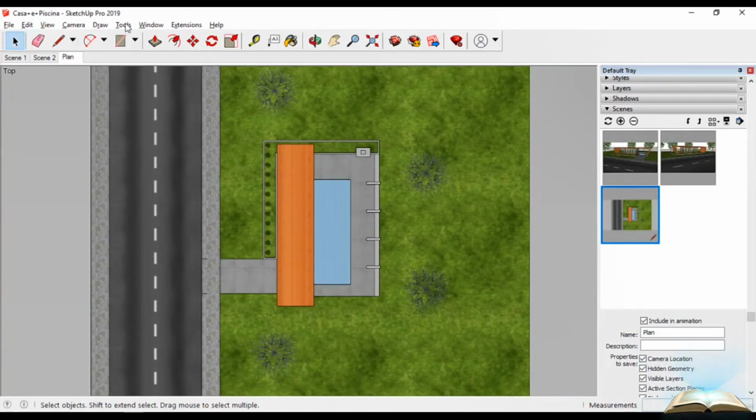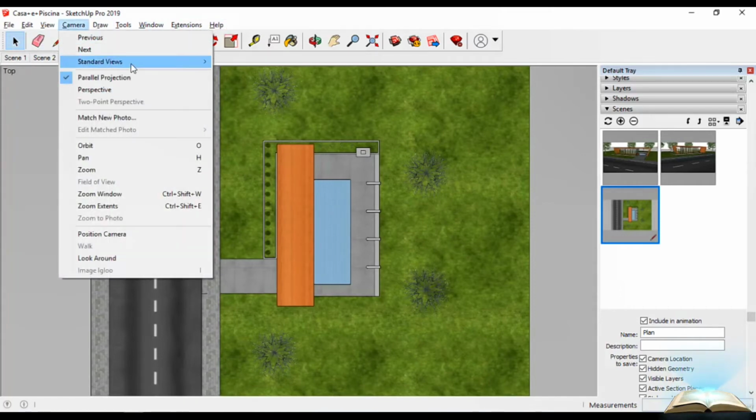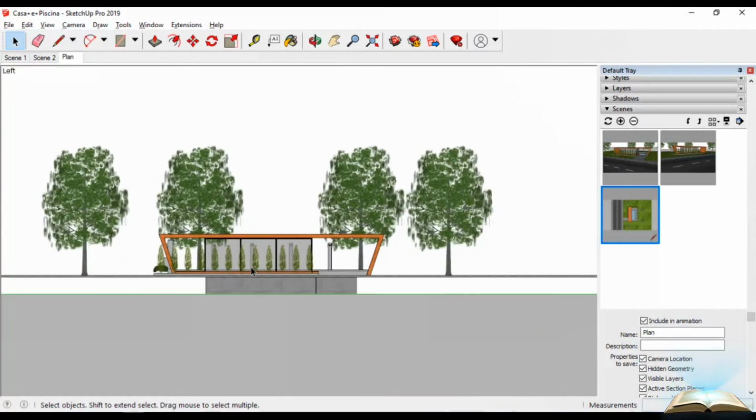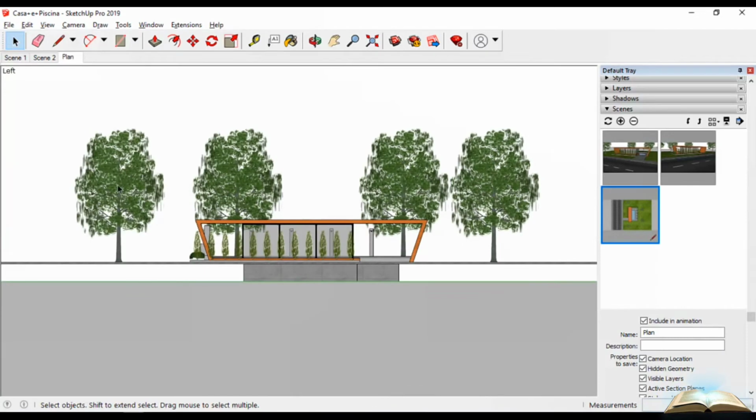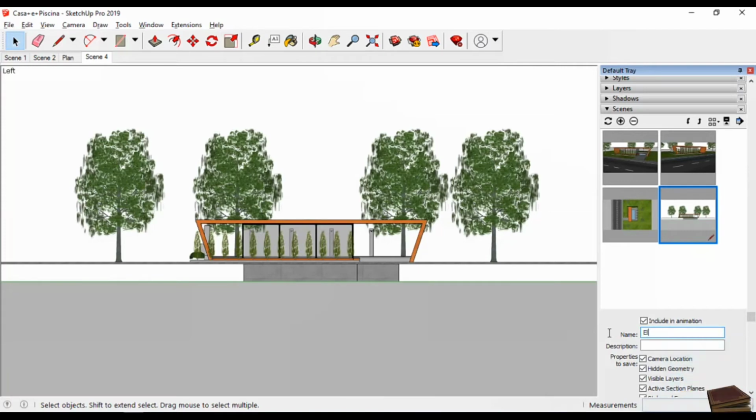And also, if I want to create elevations too, just go to Camera, Standard Views, Left. So we have a proper front elevation of this particular building, and I will add a scene here. I will write Elevation 1, and so here are our scenes.